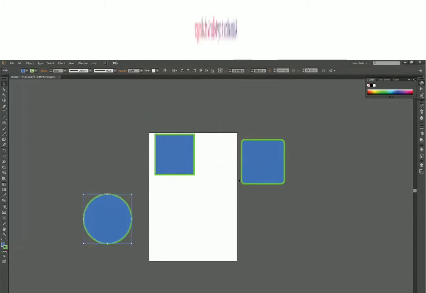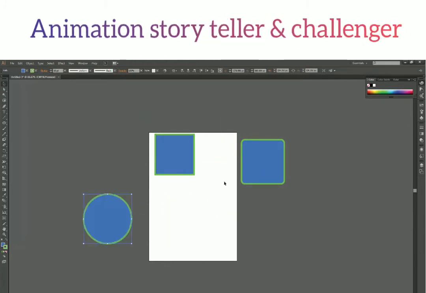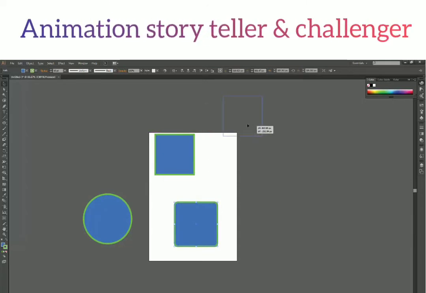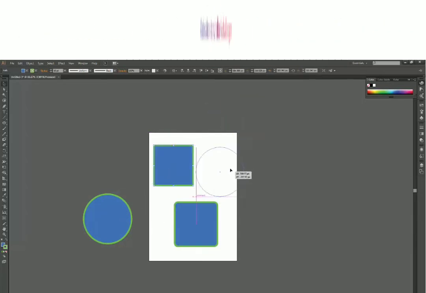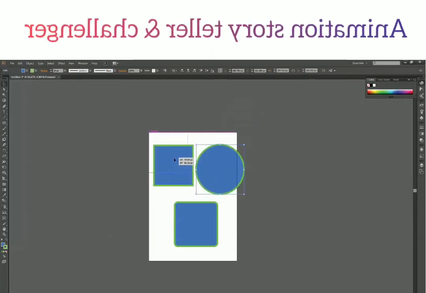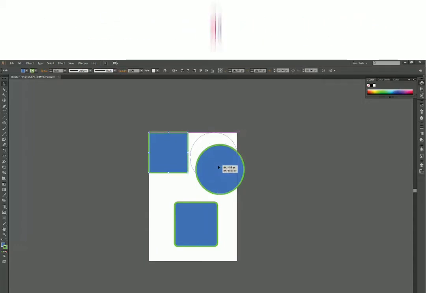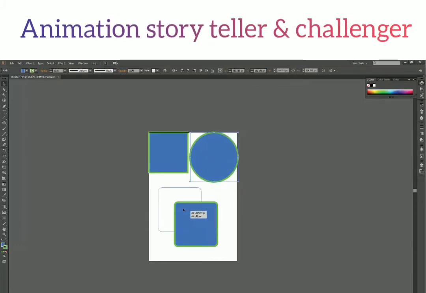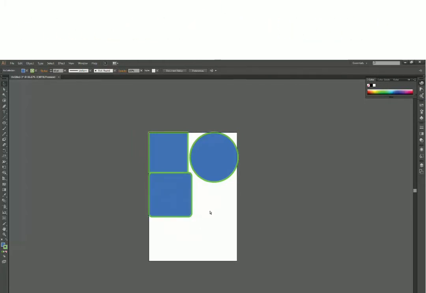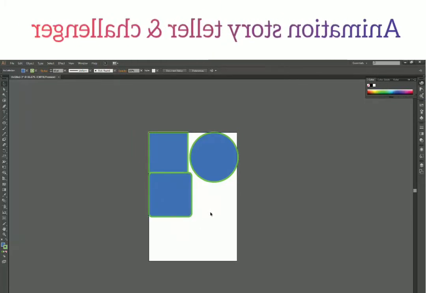You can even avoid clicking on the shape before. You can just click and drag directly and it will work the way it should. Okay, I am just repositioning these shapes over here, and there we go. This is not a very nice arrangement, but I had to do something.